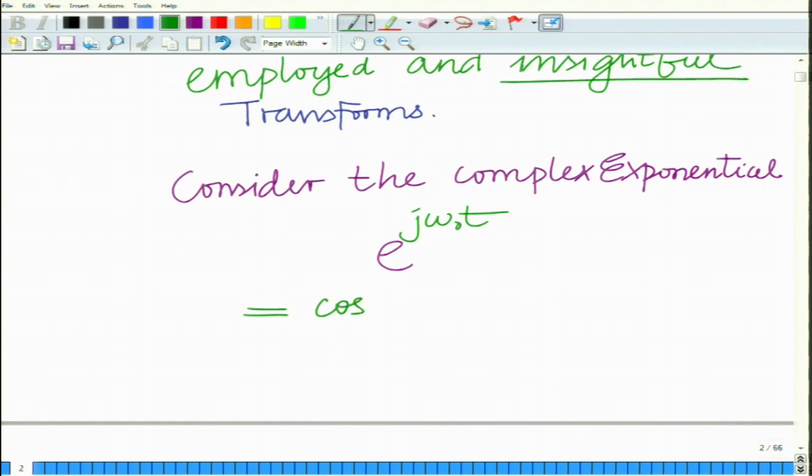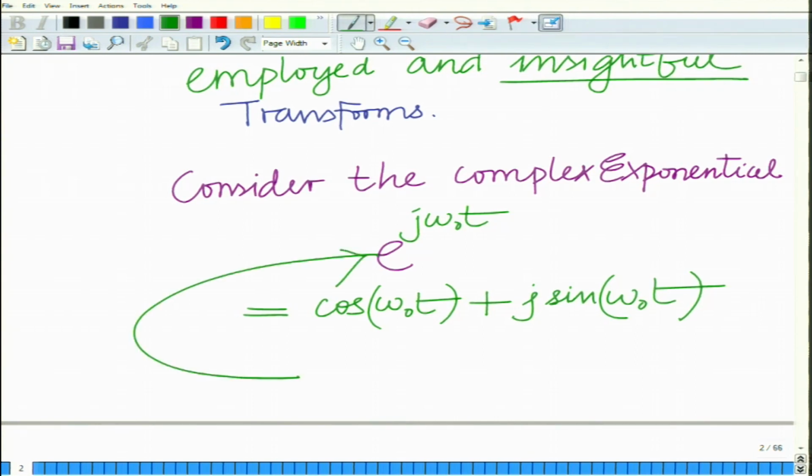Remember, this is something that we have seen in the initial modules. This is cosine omega naught t plus j sin omega naught t, and this is periodic with period